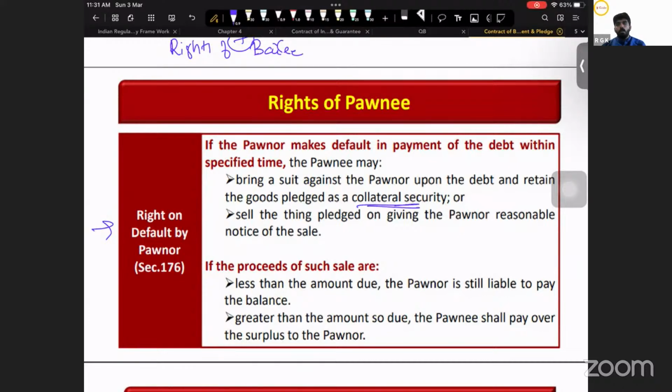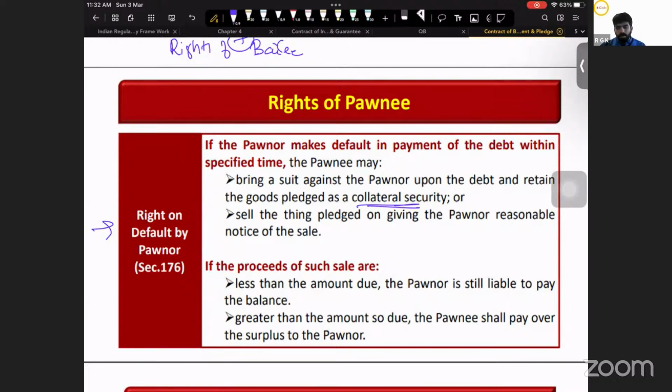Either the pawnee can sue him and retain the goods till the matter is decided as collateral, as security, or he can sell the things pledged on giving reasonable notice to the pawner. So if Pranjal has pledged her jewelry and taken a loan, tomorrow if Pranjal fails to repay the debt as per the terms of the contract,